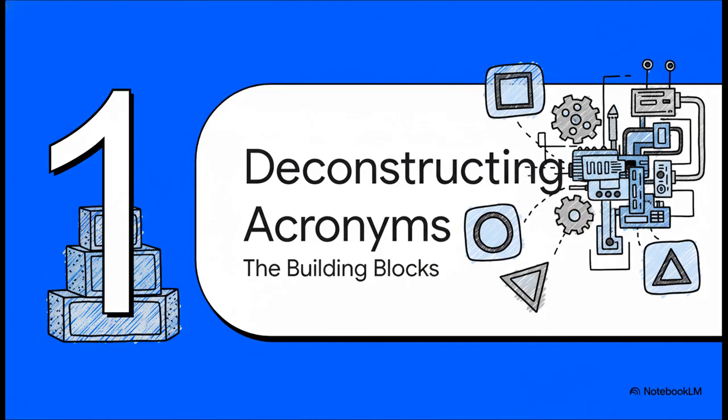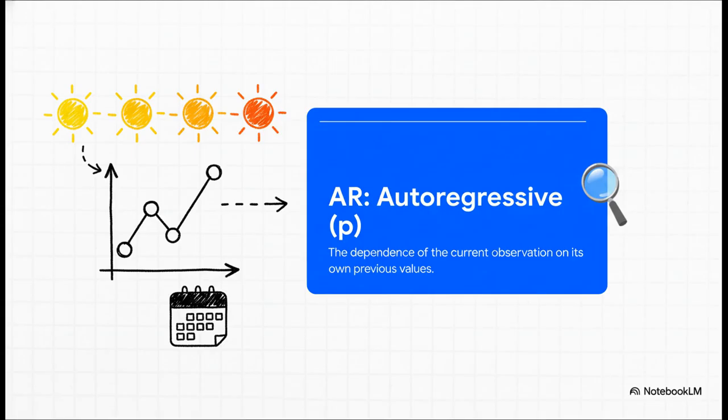Instead of thinking of it as one big, complex thing, just imagine it's made of three simple building blocks. Each one has a very specific job to do. The first block is AR, for autoregressive. Honestly, this is the part that just makes sense. It's the simple idea that today's value is probably related to yesterday's value. Think about it like the weather. If it was sunny and 75 degrees today, you have a pretty good hunch it's going to be kind of similar tomorrow. That little P you see there, it just tells the model how many days or steps into the